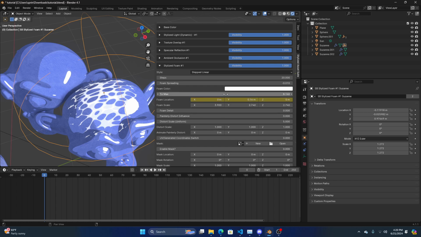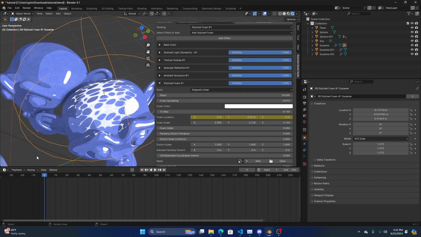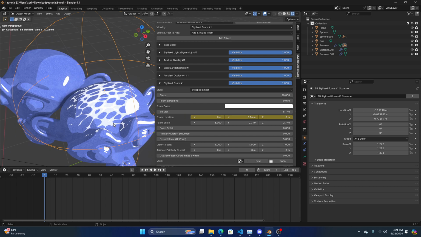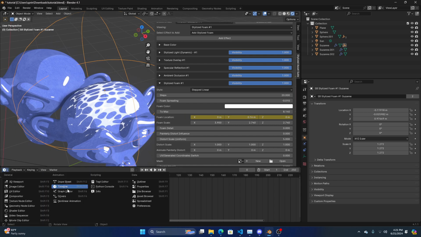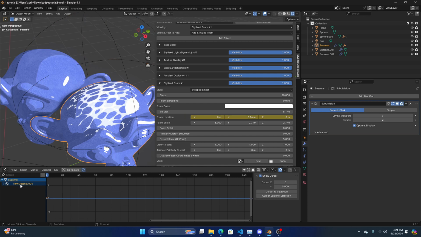And what we want to do to animate things that we're using this add-on panel to animate is we want to go to what's called the graph editor. If you guys don't know what it is, I recommend watching a basic video on how it works. I'll try to explain a little bit here, but basically if you go to the graph editor and you click on this arrow key here, which means selected only, by default it'll only show the keyframes that are associated with the selected object, but we want to be able to see everything, so I'm just going to click that to disable it. And as you can see now, you can see here Suzanne, our object,